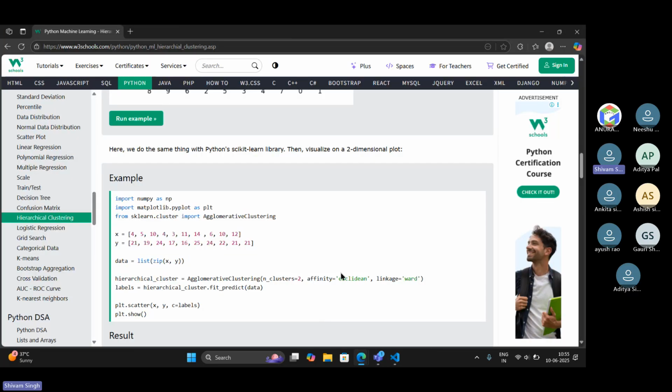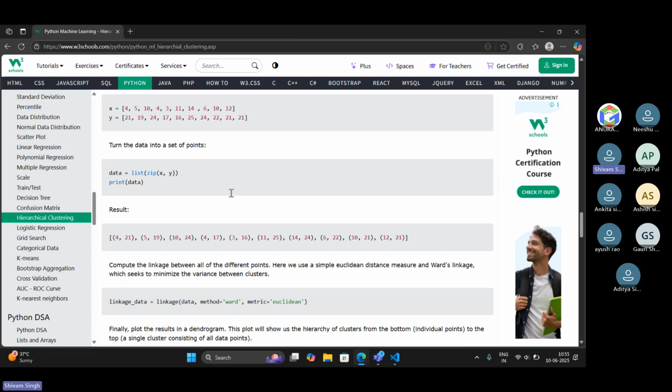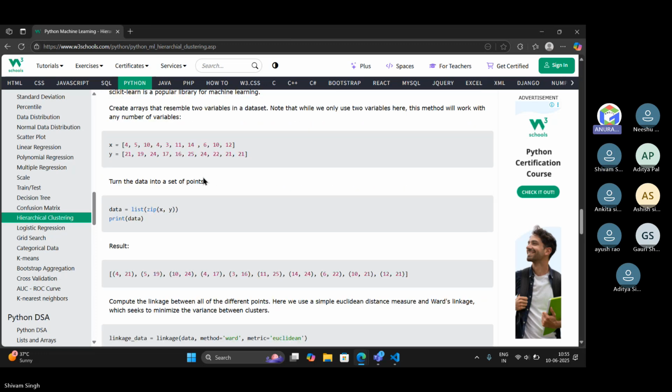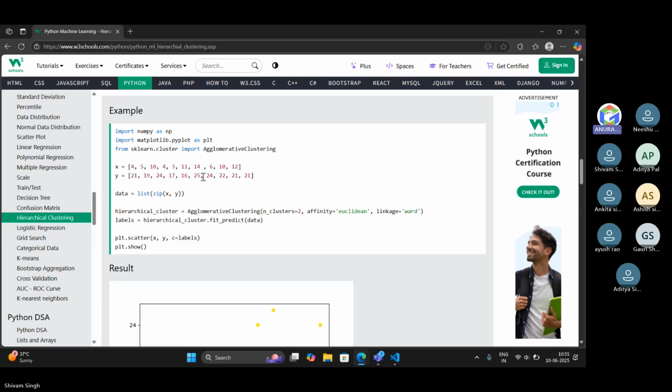Try to resolve it using ChatGPT or something. Yes, ask ChatGPT what it is saying.